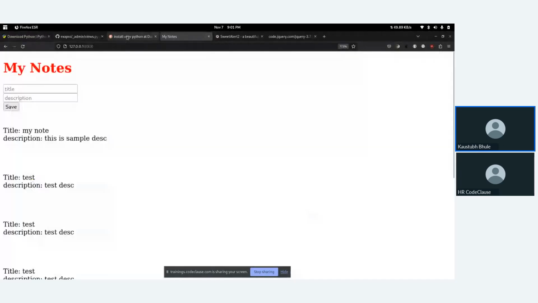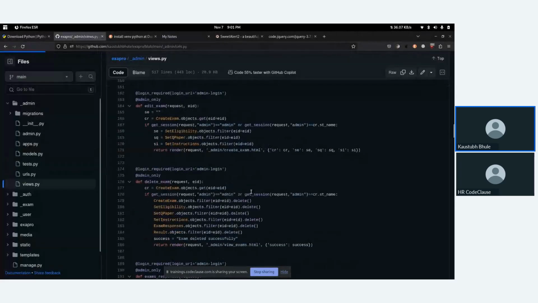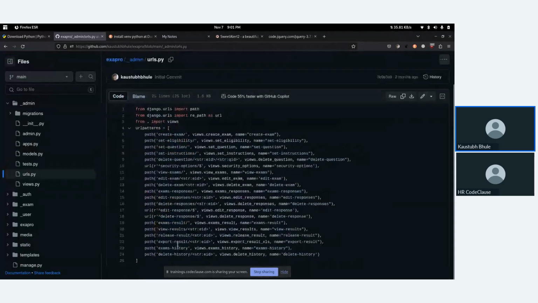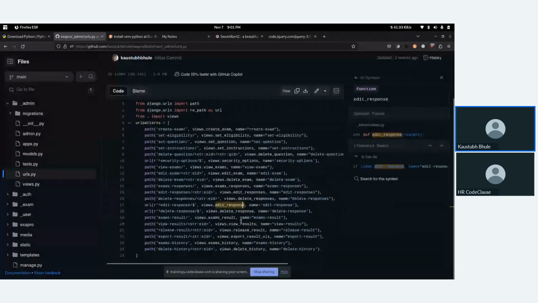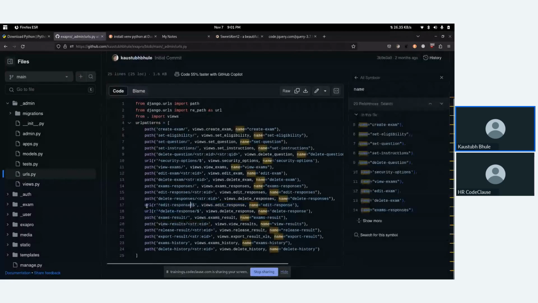Let me check if I did the right thing. URLs. We have a lot of URLs here. Yeah, okay. Fine. To use that dollar, you need to use the URL function instead of the path function.